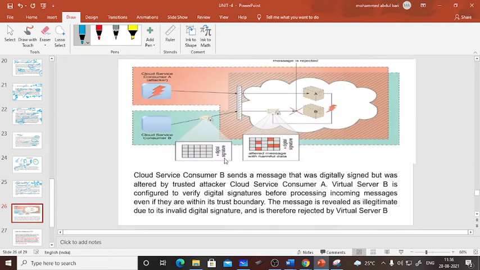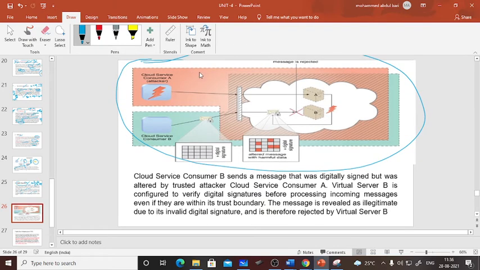Look, a cloud consumer. What do we mean by this? A trusted network is there. What do you mean by trusted? Both are trusted; they are using it. This is a trusted network, and we call it trusted. Let's take an example. This is one trusted network.